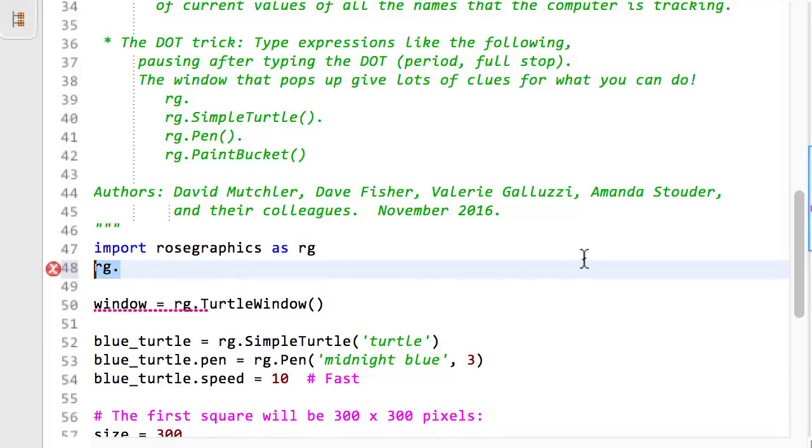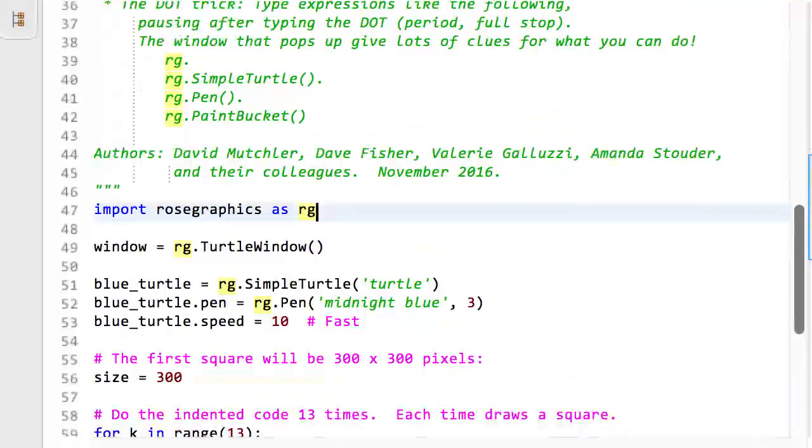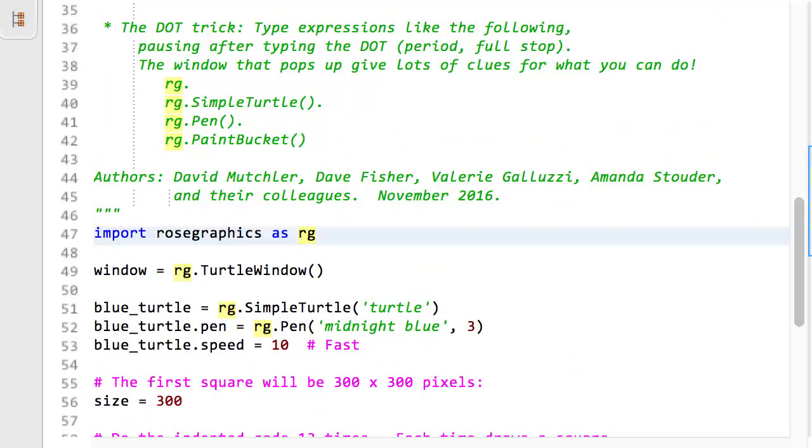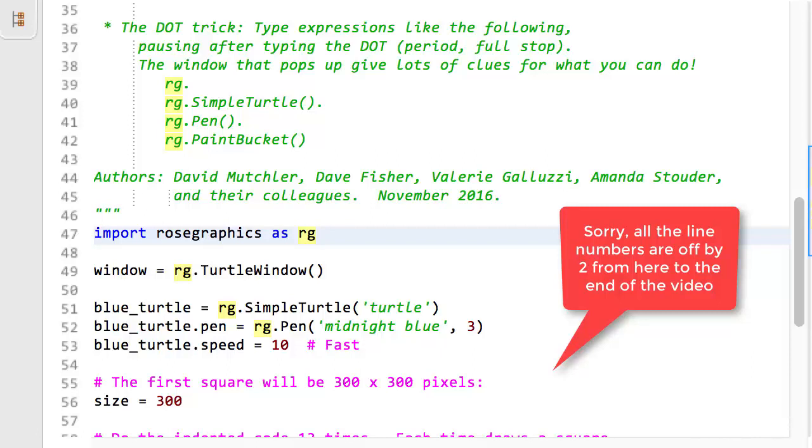Line 46 constructs an RG turtle, giving it the name window. Line 49 constructs an RG simple turtle that uses the turtle shape and lets blue turtle be a name that refers to that simple turtle. Line 50 constructs an RG pen that will draw lines 3 pixels thick using midnight blue as its color. Line 50 also sets the blue turtle's pen to be that RG pen constructed on the right-hand side of that